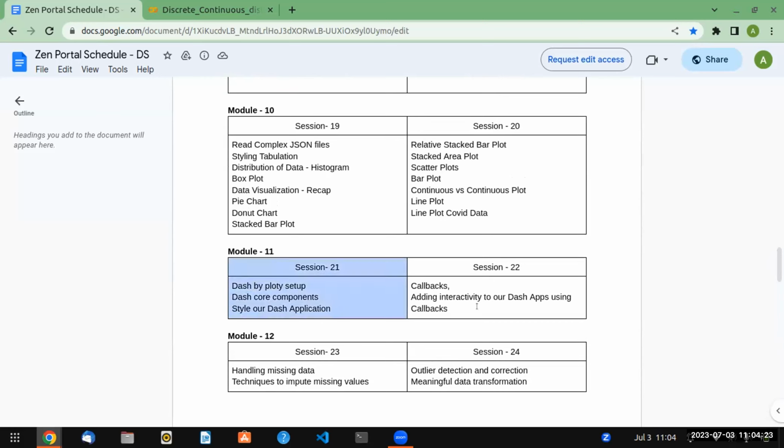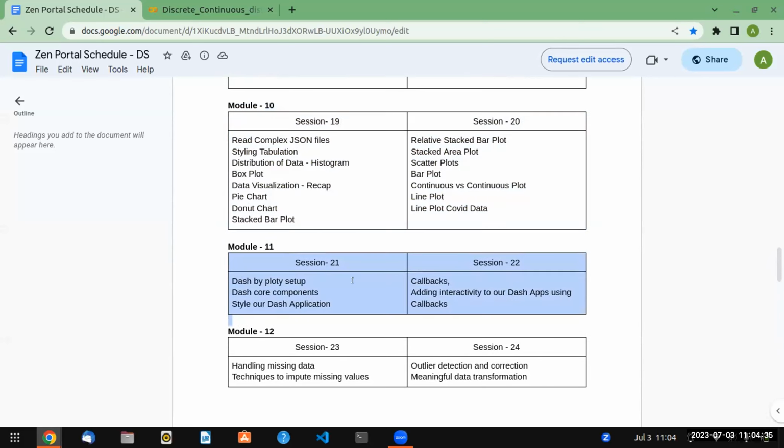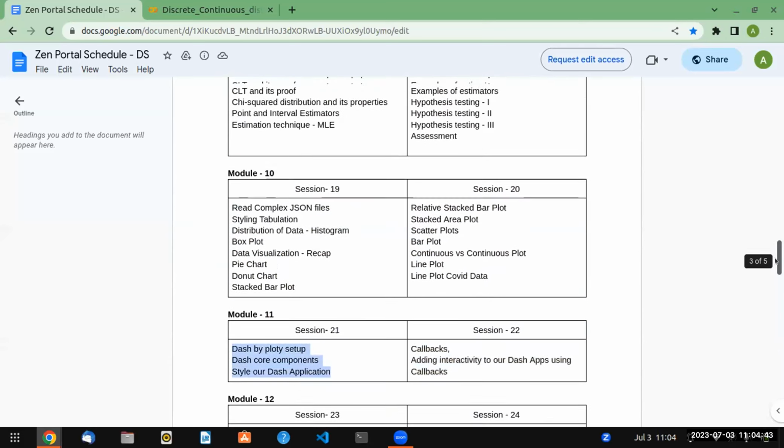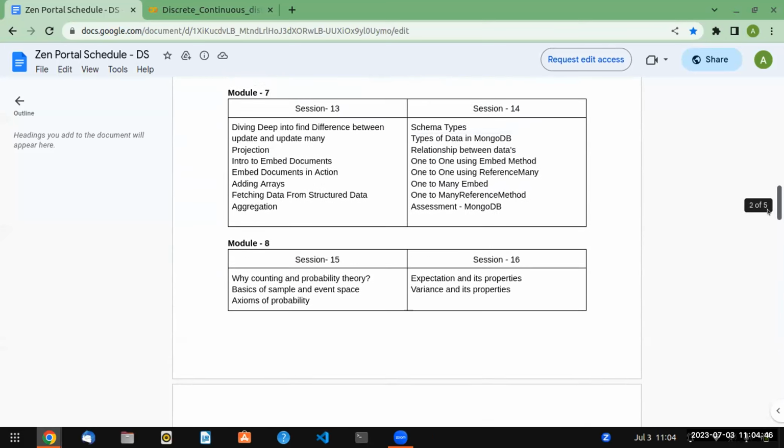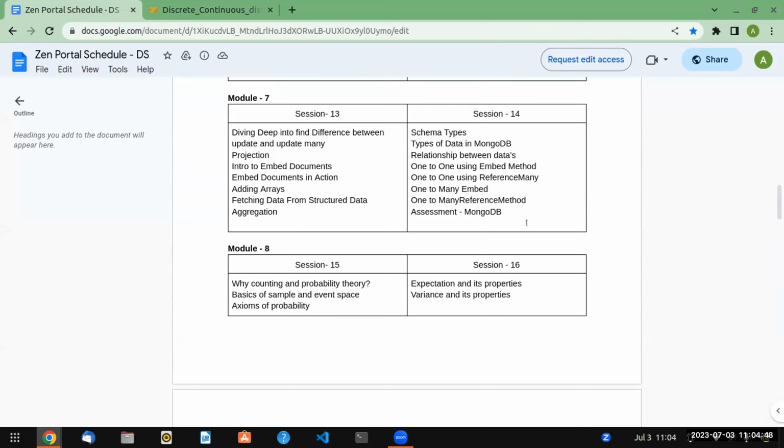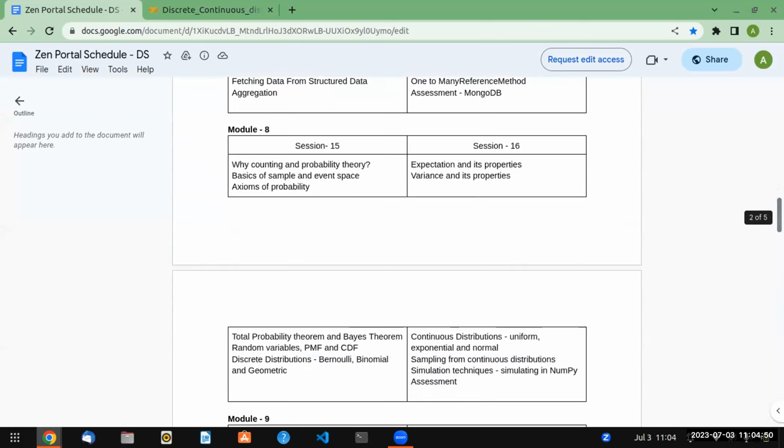This is where you are going to get interesting things, module 10 and module 11, because here visualization will come. We'll plot the curves with code, and here we'll try to learn some development work. We'll create some application in Dash, a Plotly setup, and you can create your own. And I think by now you should have got that project. I'm not sure why you're not getting it.